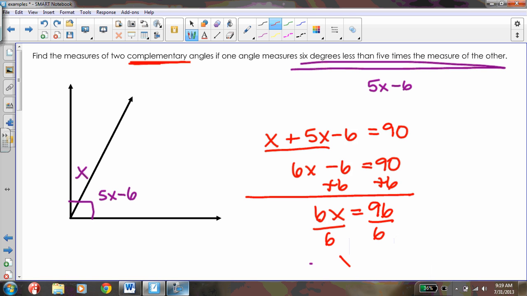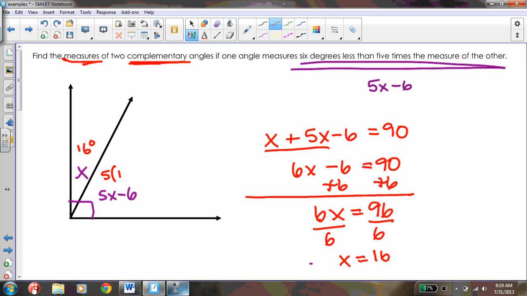96 divided by 6 means that x has to equal 16. Now I haven't technically answered the question. I have to find the measures of these two angles. Well, I know that the first angle has to measure 16 degrees, because that's what x equals. To figure out the second one,